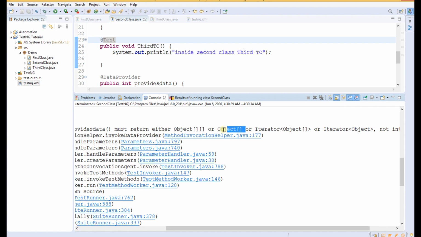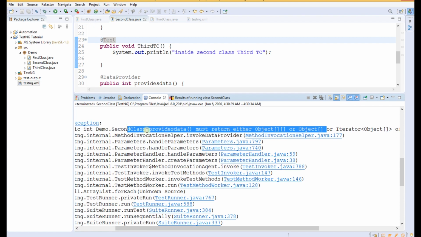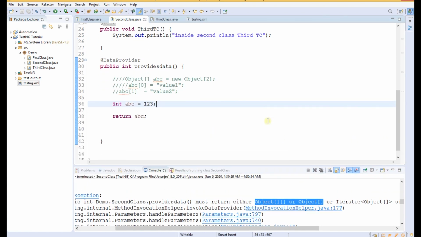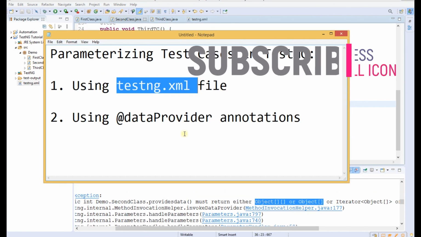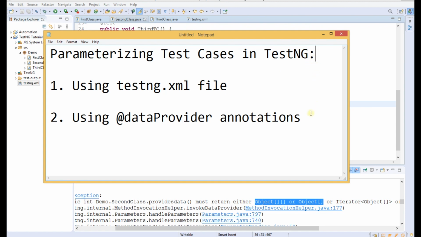This is asked in many interviews: what will be the return type of the data provider function? We have to tell the interviewer that we use a single dimensional or multi-dimensional object as the return type. So this is the method by which we can parameterize the test cases in TestNG.